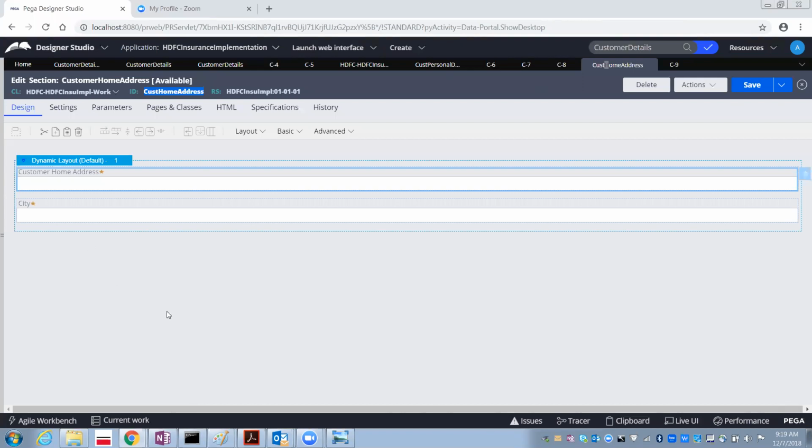Before making required and after making required, do you find any difference here? Yes. We have seen something called a star symbol. Yes, the star indicates these are the required properties. So by seeing this, the user can understand that we need to enter the values in those two properties.